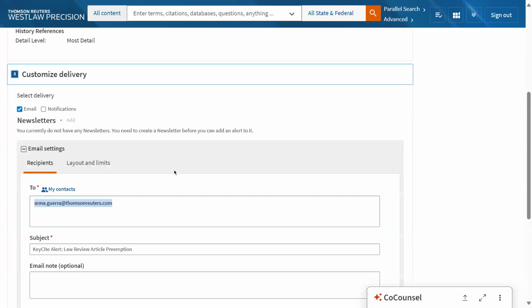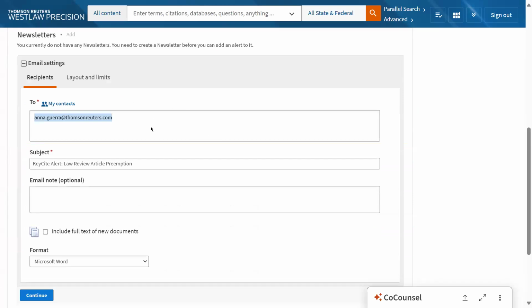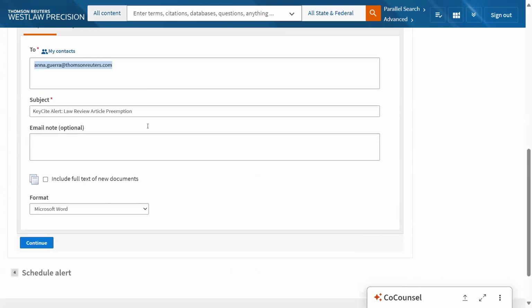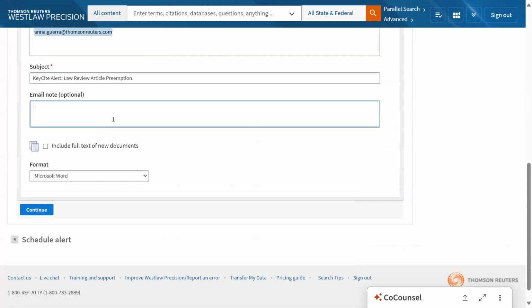I will click continue. Again, you will see my email here; you would enter in yours, and why you're getting this, LR article. I never select full text of documents just because it may be a large attachment. So I just get the list of citations